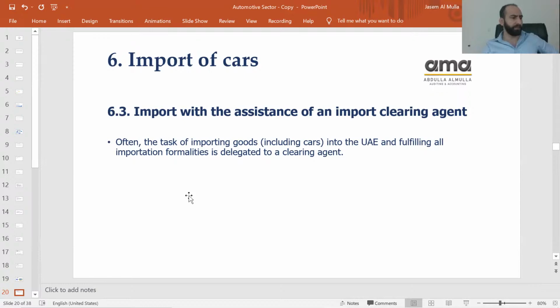On the other hand, where a clearing agent is importing goods on behalf of a non-registered importer, the agent should declare its own customs registration number on the customs import declaration and should be responsible for the payment of VAT in respect of the import in its VAT return.